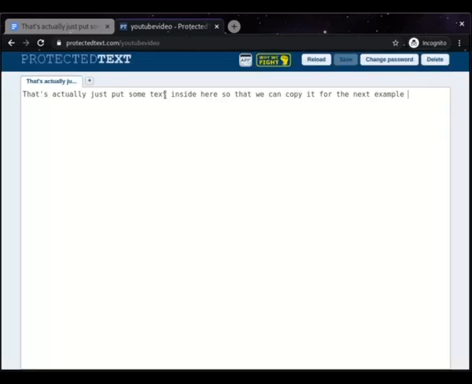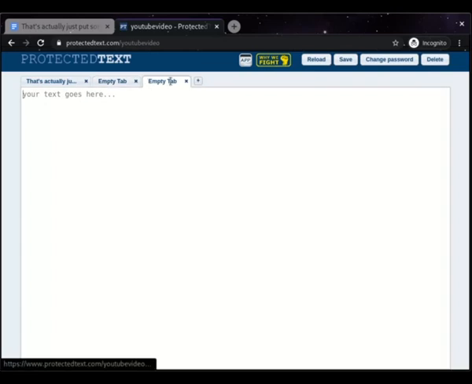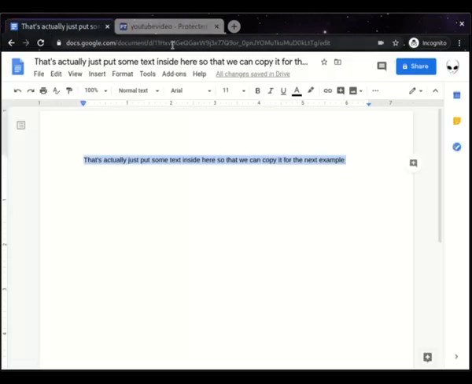So this, you can add more tabs and you can just keep as much text as you want in it, create as many as you want. If you're done with it, you can just delete it. You can also change the password. So I hope that these two